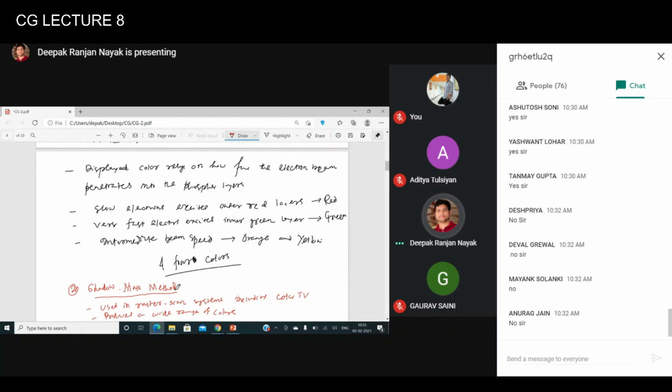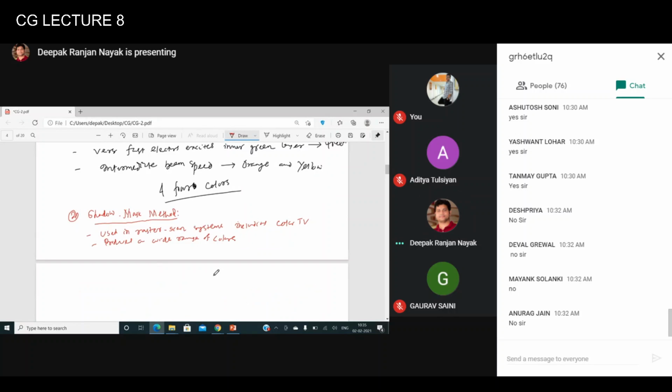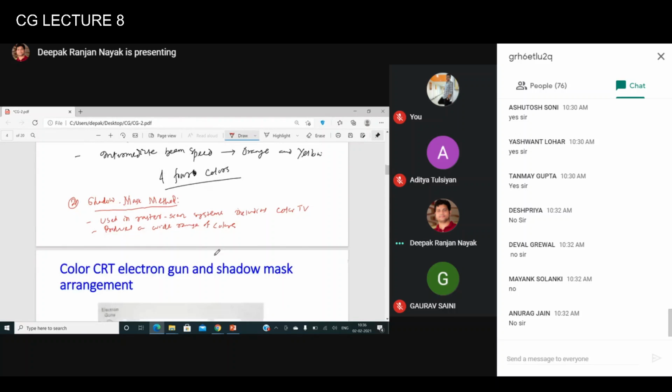One is red, one is green, and one is blue, right? So the shadow mask CRT has 3 phosphor color dots at each pixel position. I will explain with one figure.